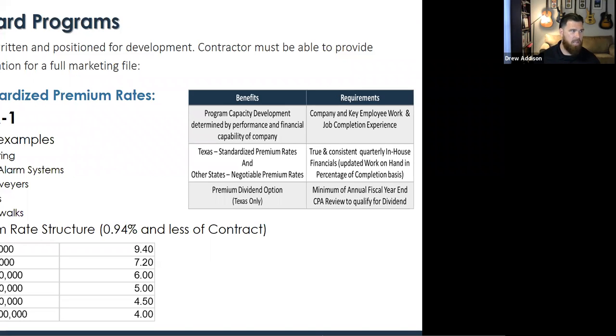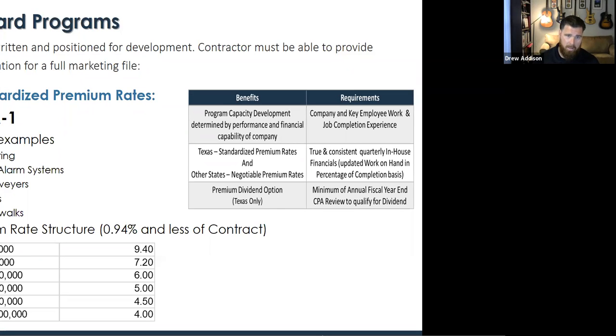So when you call and ask me what is my premium rate percentage, and you see that a lot on pre-qualifications, it depends on the size of the contract and how long the contract's going to be. So this is the structure for each one of the classes, right? Again, these are scope samples. The actual scope lists are quite a bit longer, but these rates fall into pretty much everybody that should be listening in this case.